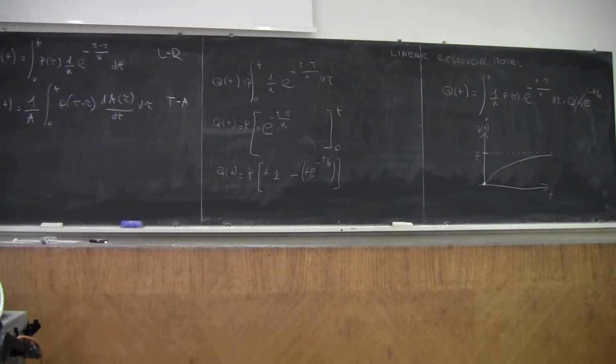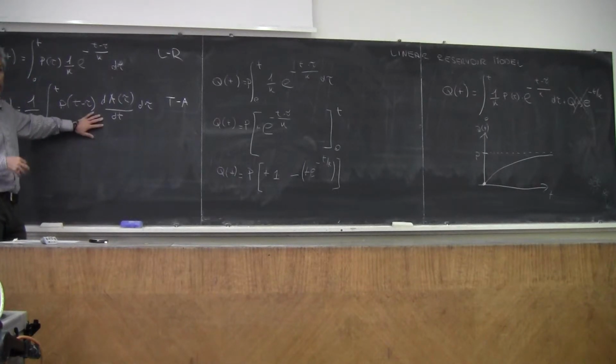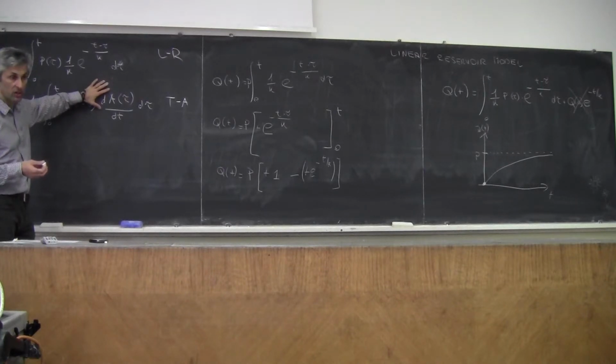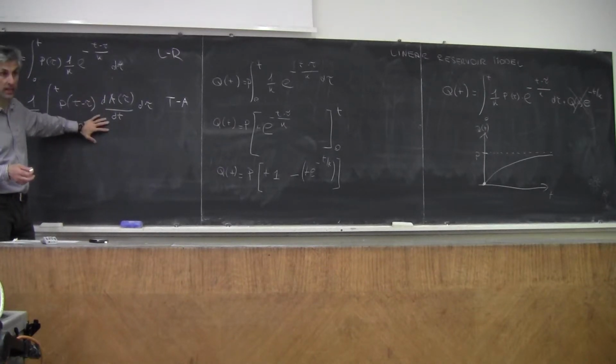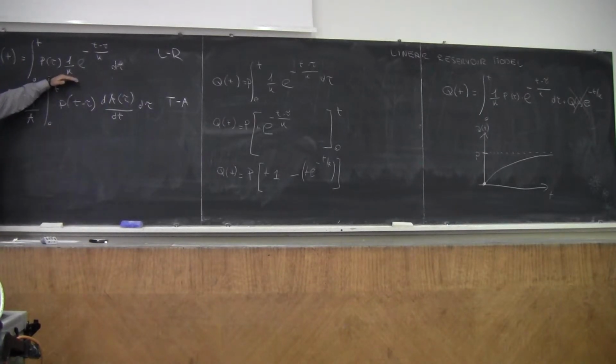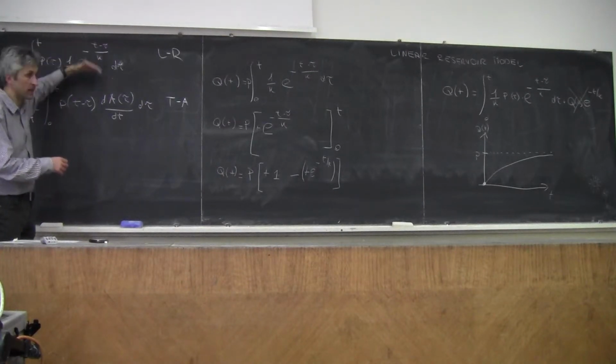The difference is in the coefficients, because in one case you have the coefficients that are given by the derivative of the time area curve with respect to time. And in the second case, the coefficients are given by 1 over k e to the power of minus (t minus tau) over k. But it doesn't make any difference because tau is varying, so it's an increasing time over k.